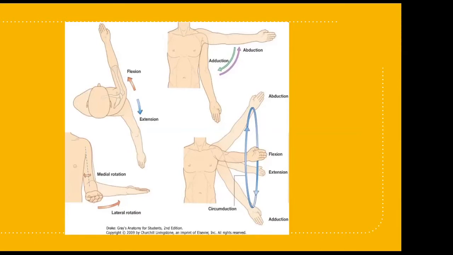Coming to the next condition, the painful arc syndrome, between 70 degrees and 120 degrees. In between 70 and 120 degrees, the supraspinatus muscle is impinged between the head of the humerus and the acromion process, and that particular condition is called painful arc syndrome. The reasons for painful arc syndrome include supraspinatus tendinitis, supraspinatus tear, greater tuberosity fracture, and subdeltoid or subacromial bursitis. Mainly, we can tell four reasons for painful arc syndrome.